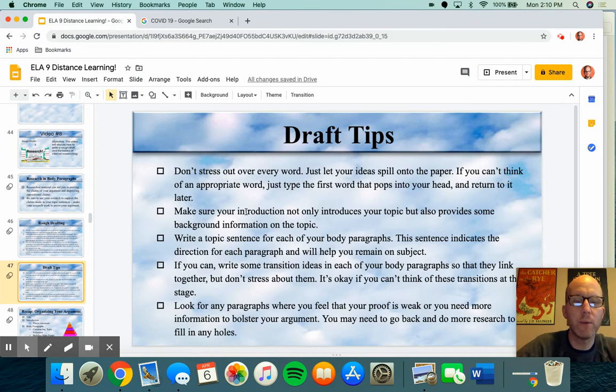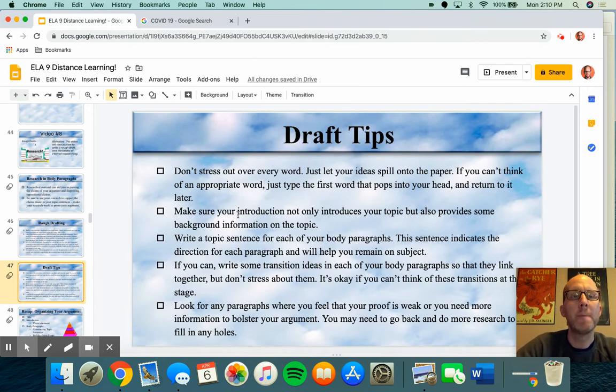There are so many students that will work on one sentence and then come up and show it to me at my desk and say, Mr. Smith, what do you think of this? And then go back and write it. And then they say, Mr. Smith, what do you think about this? And I say, get out of my face. Go and write. Just let it flow. Think about a faucet. A faucet's not going to fill up a bottle if you turn it on, turn it off, turn it on, turn it off. What you want to do is turn it on and let it run. And that's what I want you to do.